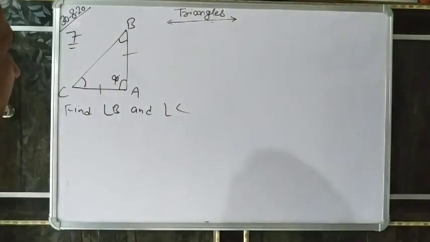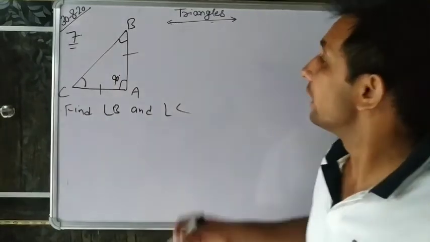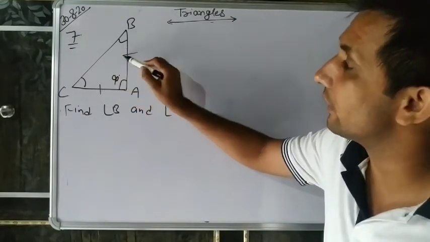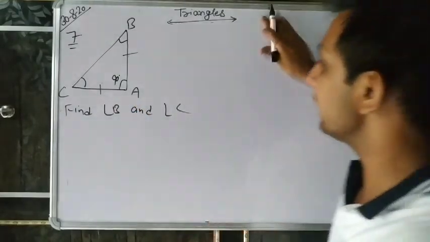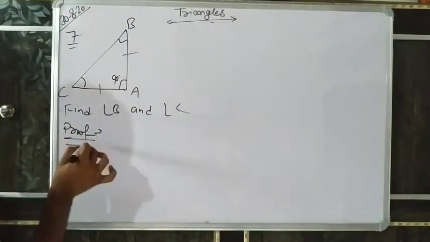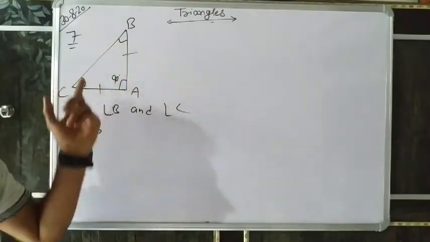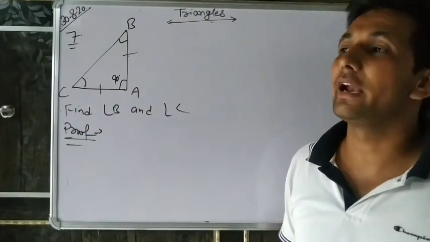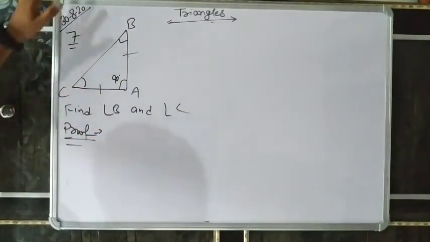Tell me, can you tell me? It is a very simple question. Very easily you can do it. Yes, these two sides are equal, so the opposite angles are equal. Angle A is already 90. The sum of all three angles is 180. It is 90, so 180 minus 90. So B plus C is how much? 90. And B equals C already. So B is 45 and C is also 45.